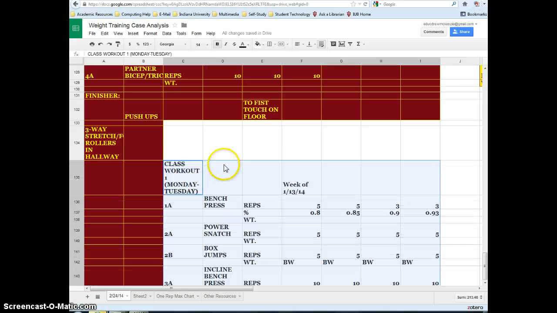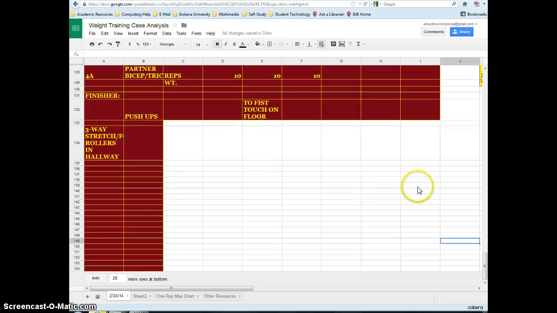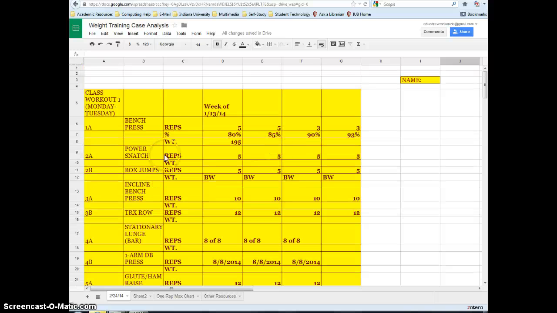So this is me copy and pasting. This is the workout that I just copied from the template that you sent me. I'm just going to Control Z that, get rid of it. So that's what I did. I copy and paste from the email that you sent me, and these are those exact workouts that you sent me. Provided I only did the workout for this tab,